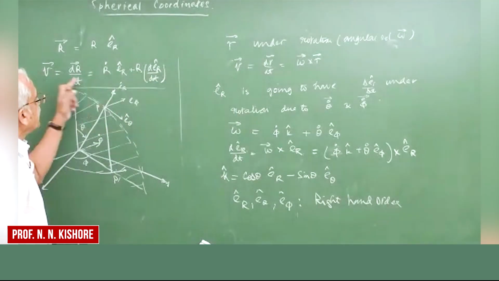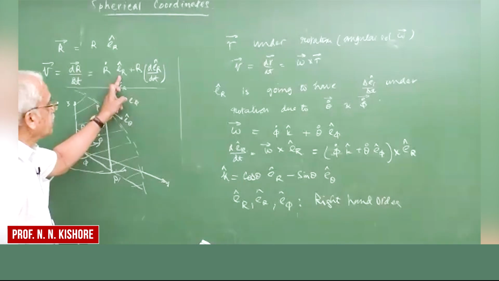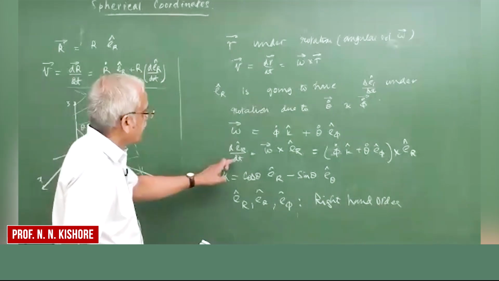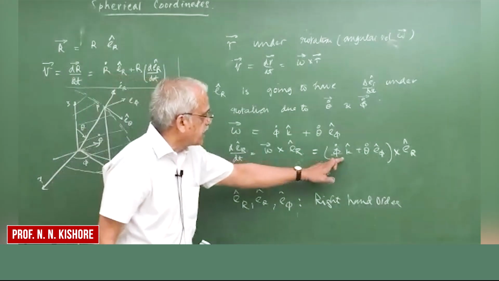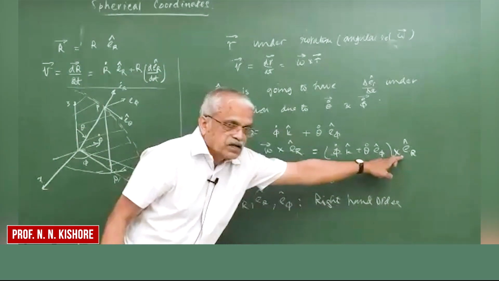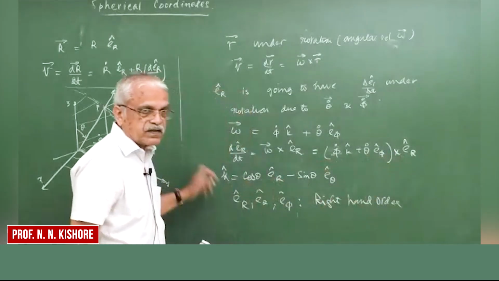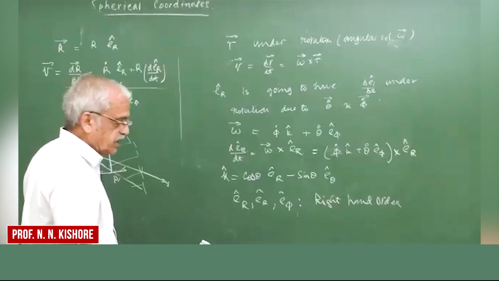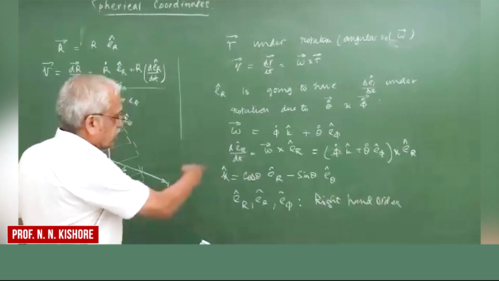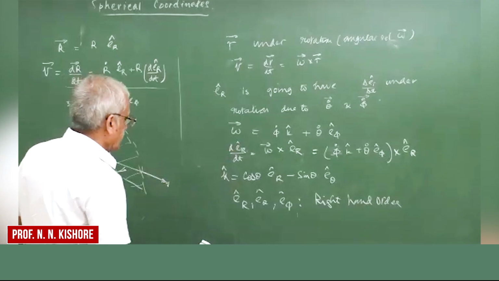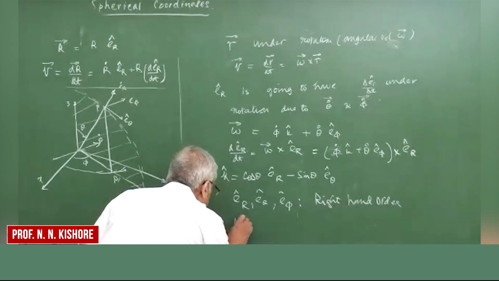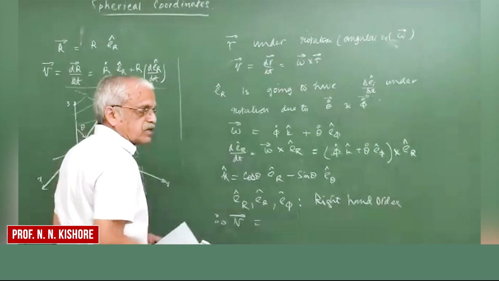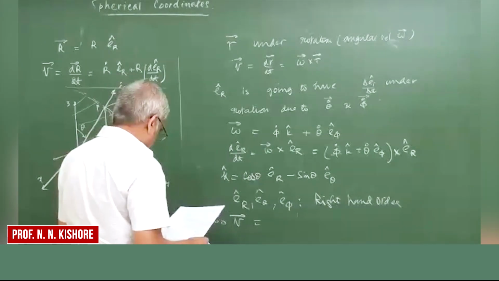So if you take v, then r dot e_r continues to be the same, so r times de_r by dt. So de_r by dt is nothing but this cross e_r, and everything can be simplified. Let me give the expression directly. You can do the cross product and all that, so I'll just give you, therefore, substituting all these things, we get